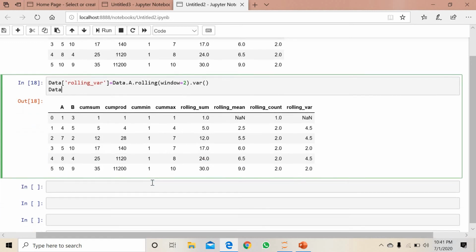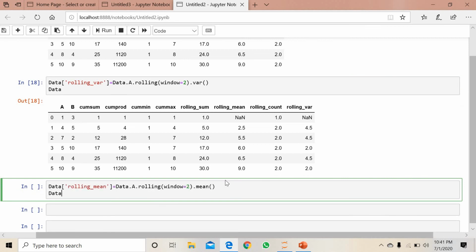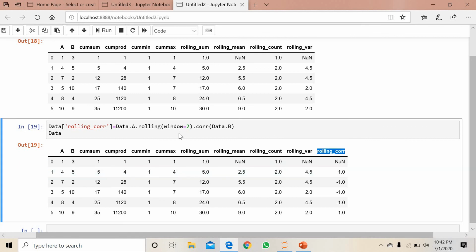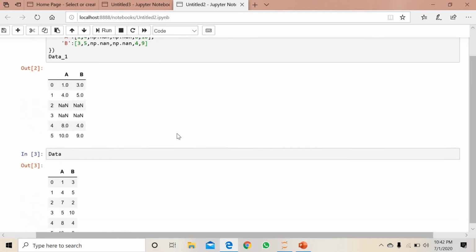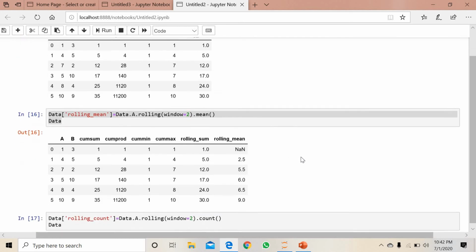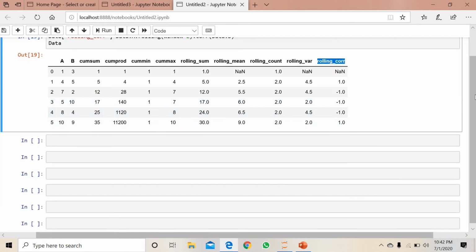Now we'll go ahead and see the correlation. For correlation, we need two variables, right? Two variables, to check the relationship between the two variables. So simply we have one more column, that is b, right? So we'll put b, and we'll change the column name to correlation, right? Once you execute, you can see here this is the correlation. You can see here this is our data set, right? So the relation between a and b is this one, right? Hope this will make sense, guys.